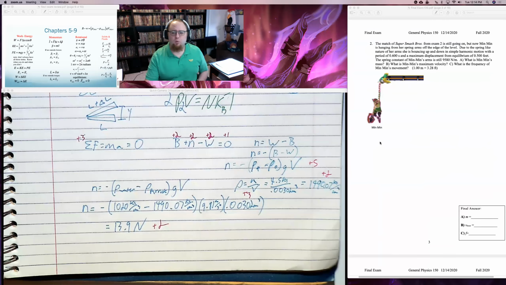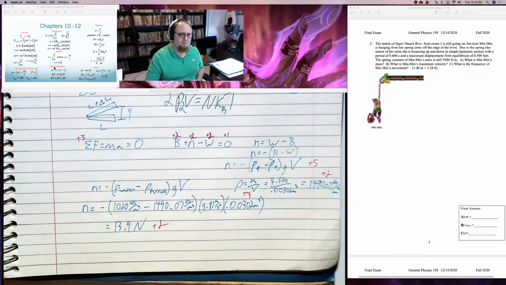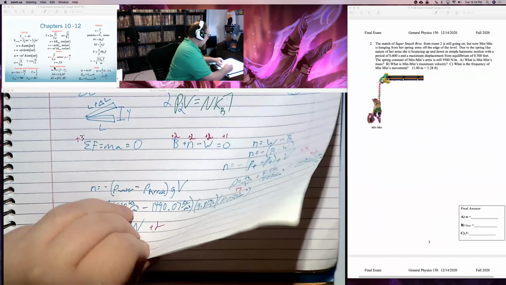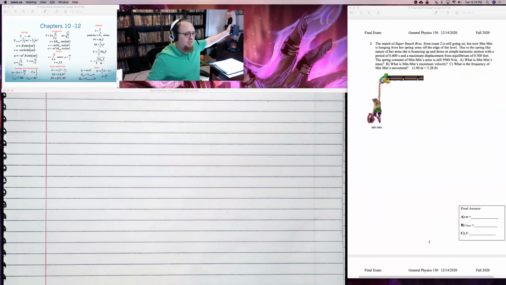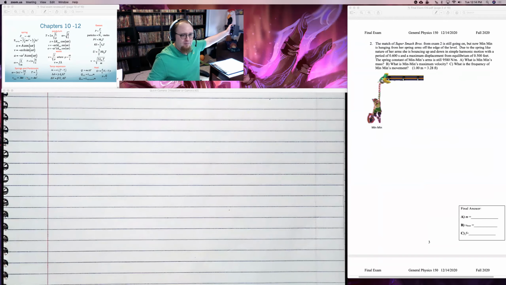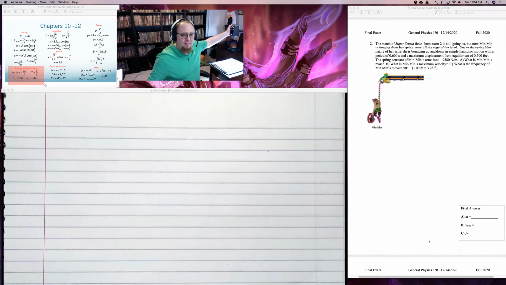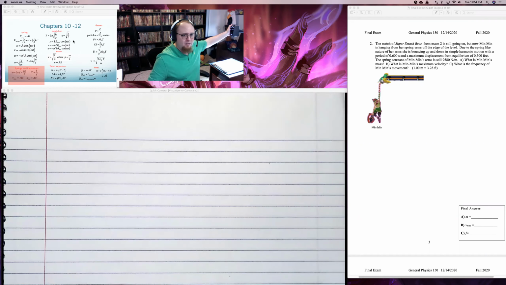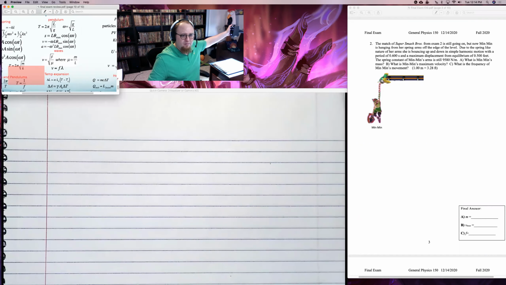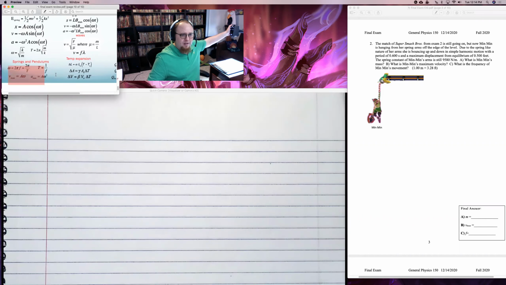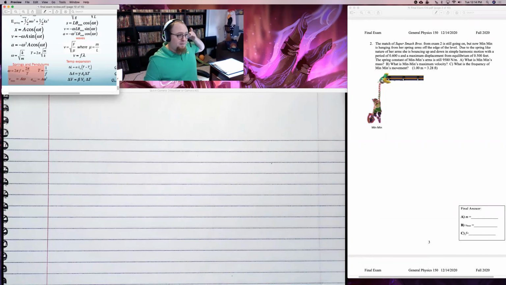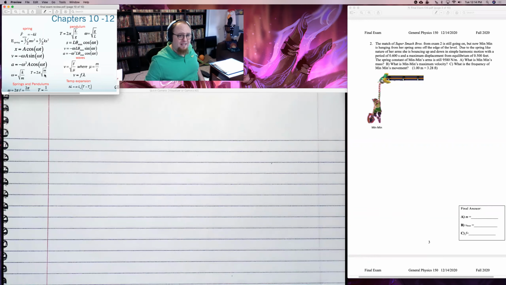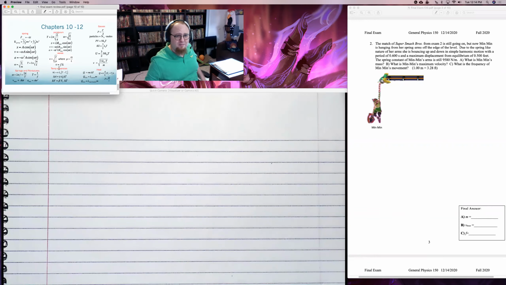The second problem will be springs or pendulums. Either way, if I do springs or if I do pendulums, no matter what, these equations right in here, these springs and pendulum equations, will come into play. Can I make this a little bigger and still fit? These equations will come into play either way. So be prepared for those, definitely. But past that, as I said, I could do springs, I could do pendulums. Last semester, I did a spring.